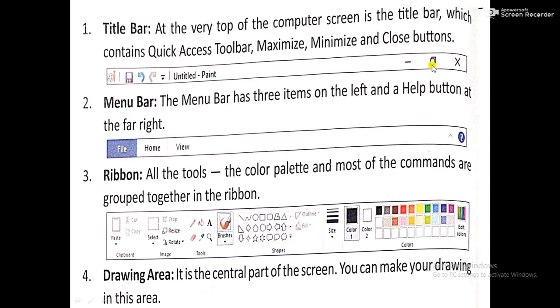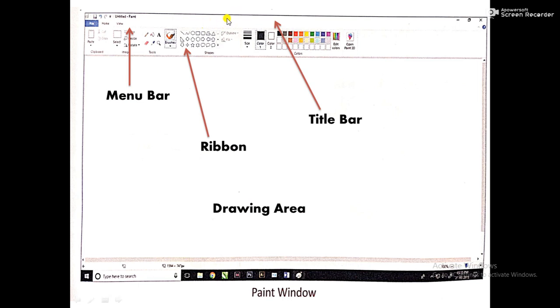It is used to enlarge a window to cover the entire desktop. And the last one is the close button. This close button is used to close your Paint program. So this topmost bar is the title bar. Here you will find the quick access toolbar, the name of the document, and the minimize, maximize and close buttons.